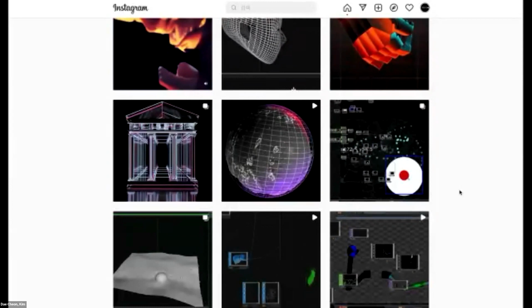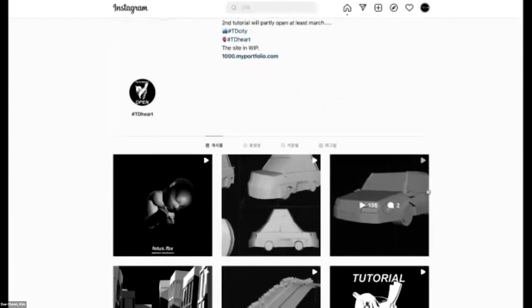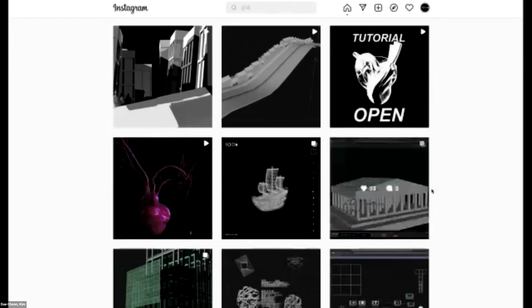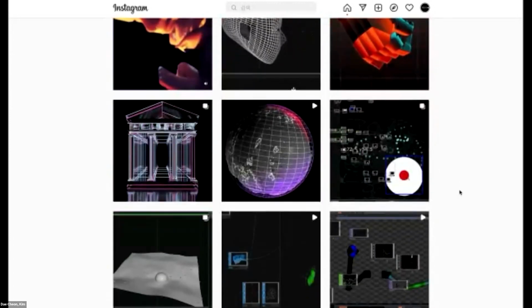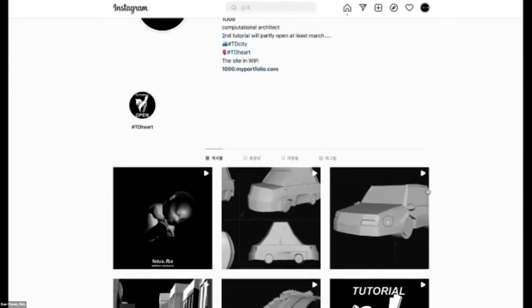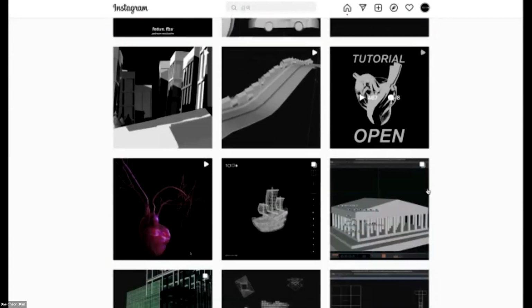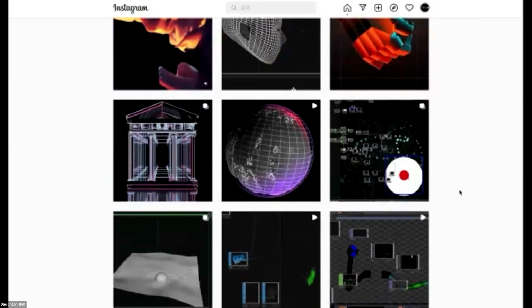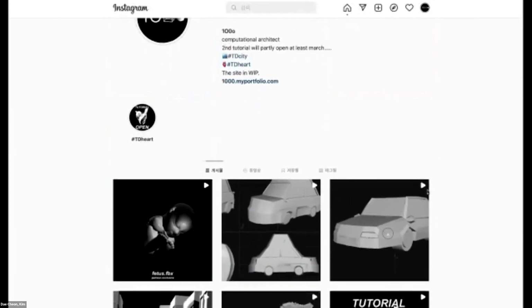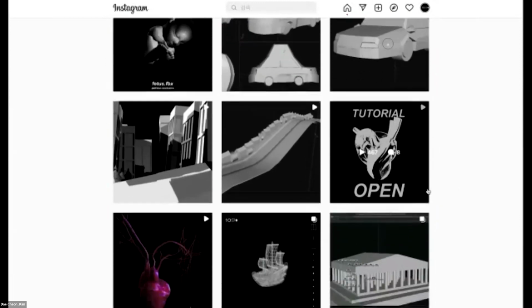Let me show you. I want to show my recent study first. This is the only created geometry in TouchDesigner. It starts